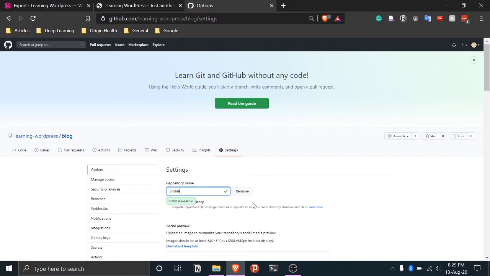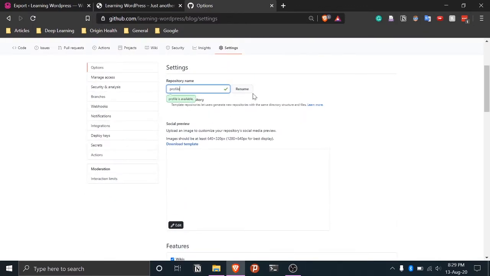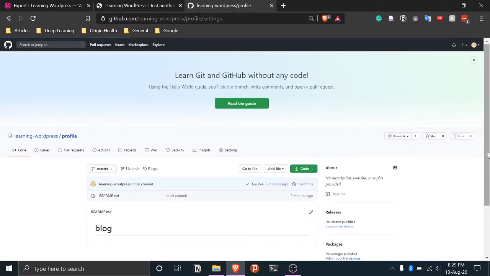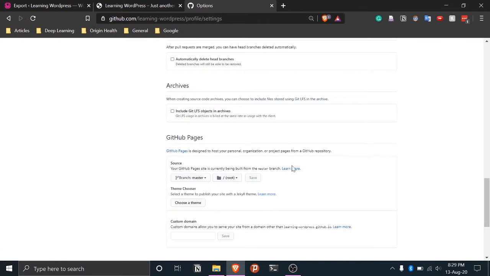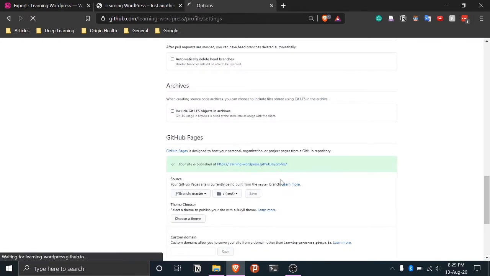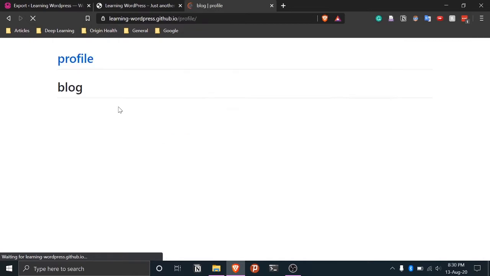We want to name it profile, and then we do rename. We will go ahead and verify that the website is published on that domain. Scroll down here and publish that profile. We just go there and check if everything's working well, and yeah, this is fine.